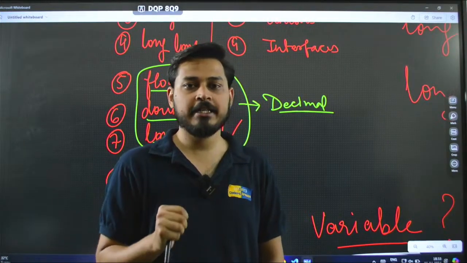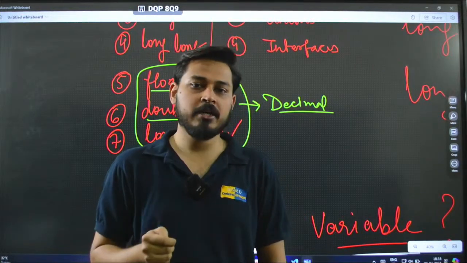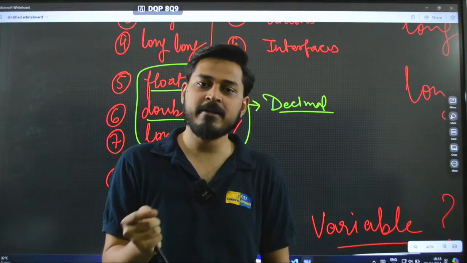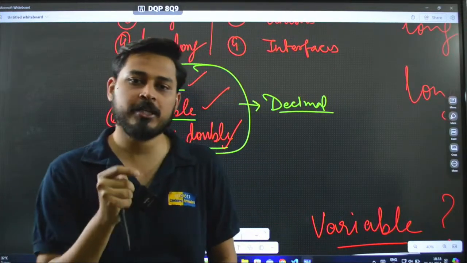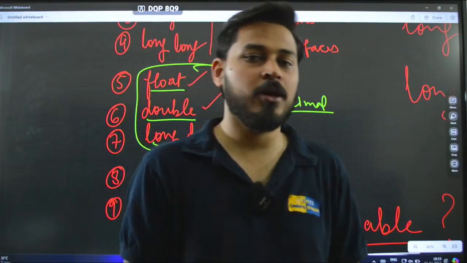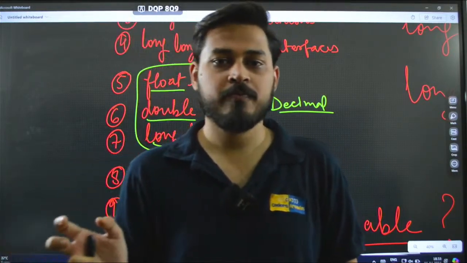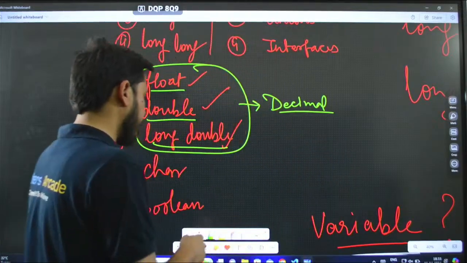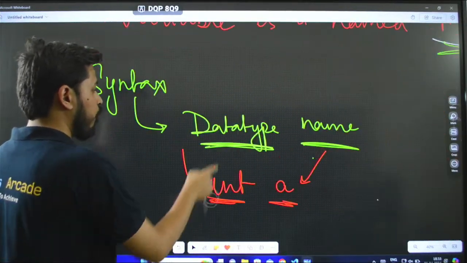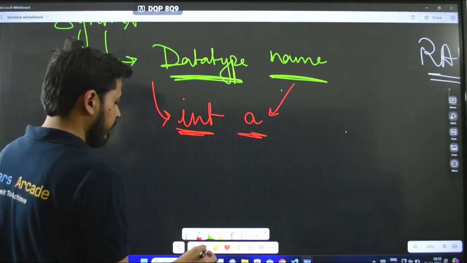So basically, if you want to hold a smaller decimal number, go ahead with float. If you have a little bit bigger than that, go with double. And if you want more decimal values to come into place, then you go with long double. I believe it is very much clear to all of you, right? Same funda applies here also. When you are creating a variable of type float, what you can do is, you can just say